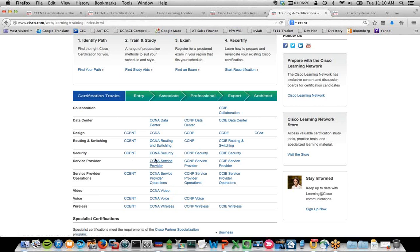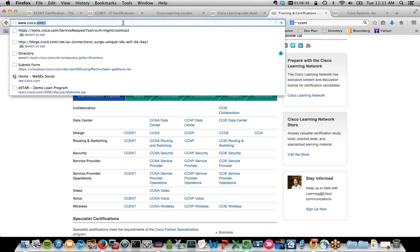The service provider is more of a specialization around that market and that type of network use case. And same thing with video. This is more of a use or an application that rides on top of the network. So looking specifically at CCENT, and again, if we want to take the same path we did to start,